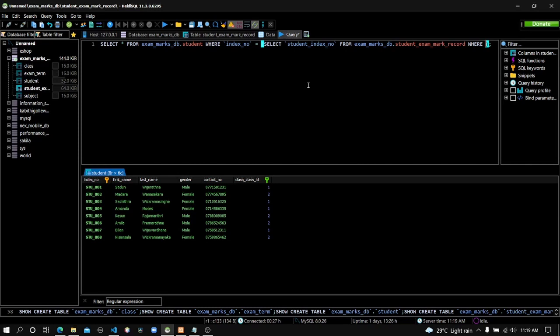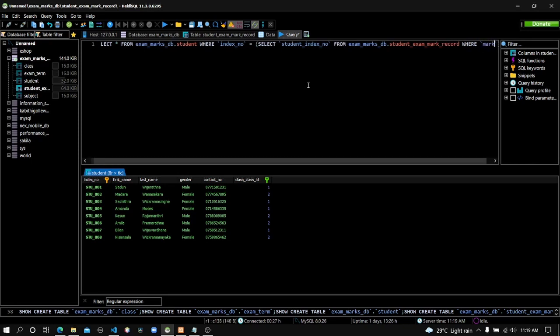So here's the lowest mark where, and we are finding the lowest mark. So I am mentioning the mark attribute where mark in